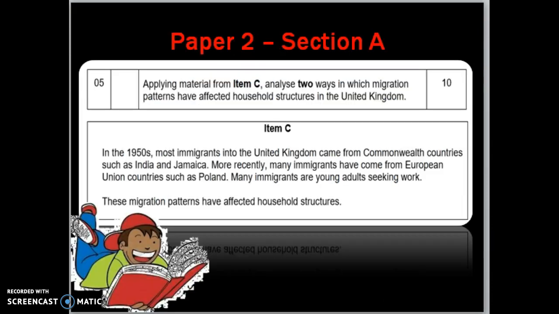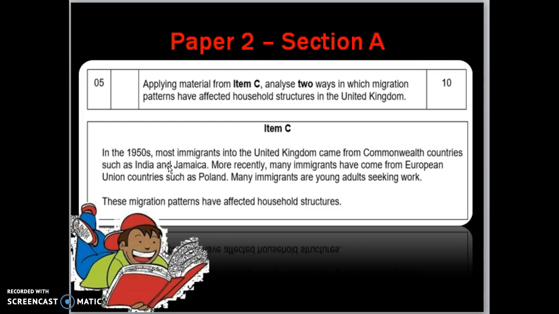The second item is from paper 2. This is section A, from family. It starts with, again, a little bit of an amble because it mentions immigrants, which is from the question, migrants, immigrants. But it does lead quickly on to the first hooks: immigrants from the Commonwealth countries, such as India and Jamaica. Well, this could actually be seen as 2 hooks because you've got India and you've got Jamaica, and they lead to 2 different types of